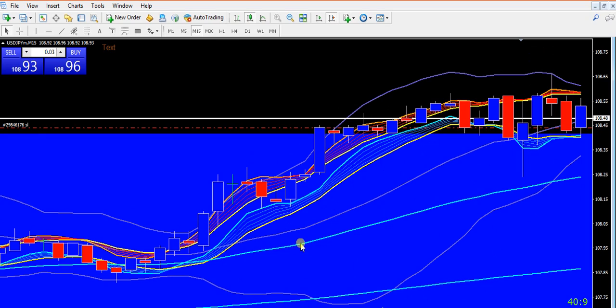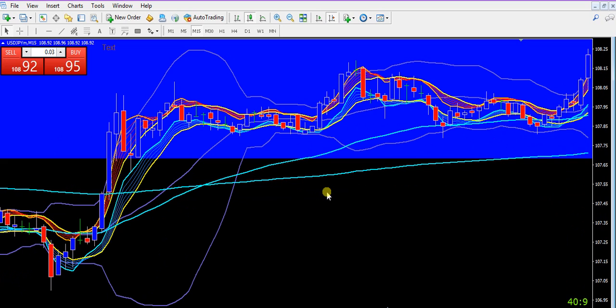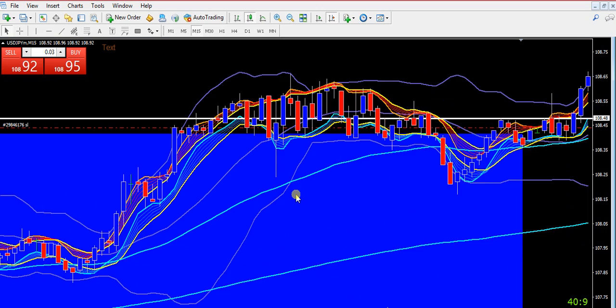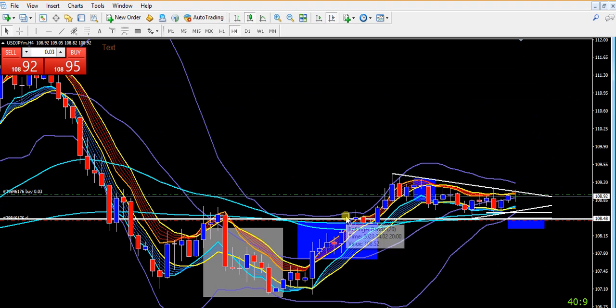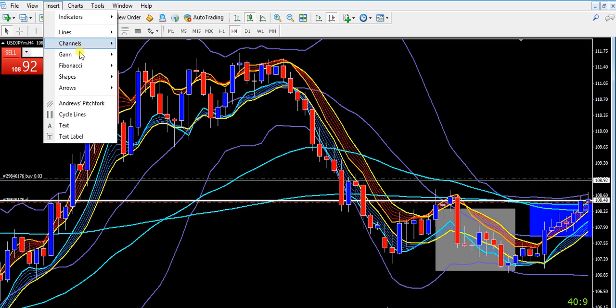As you see in the lower time frame, in the blue box, price is above the middle Bollinger Band, and above the MA 50 and moving average 200. This is the best place to buy, but I suggest using only the lower time frame, not the higher time frame. In the higher time frame, for me, this is my flat area. The same with this one, guys, and the same with this one.